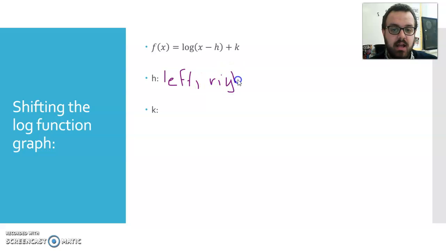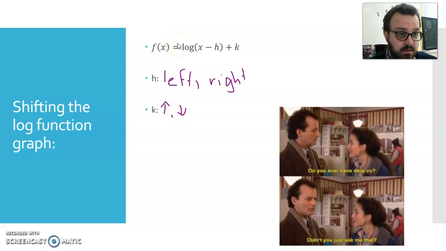Okay, so left and right. I don't even think I need to write this. K is going to go up and down. We could have negatives out front that'll flip you left and right, or flip your graph. Again, deja vu, same sort of transformations for all our functions. We saw this way back in one of our earlier chapters when we talked about the parent functions and how